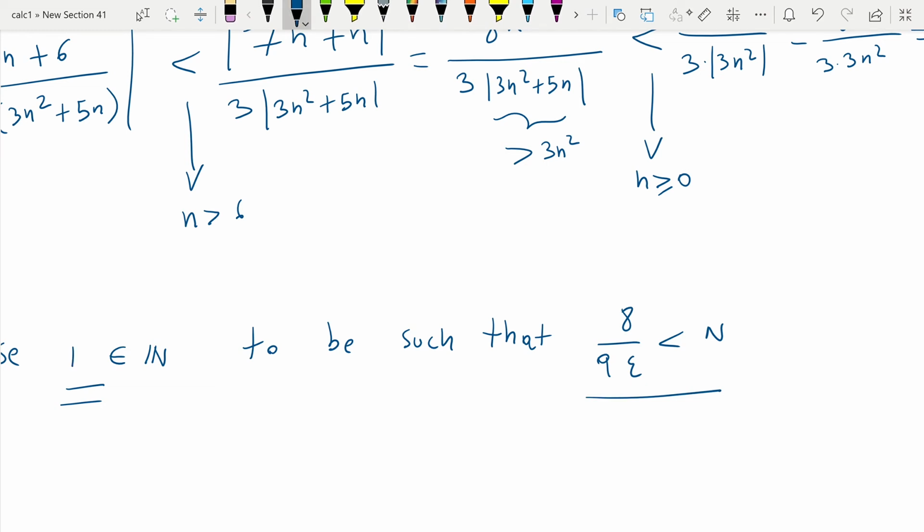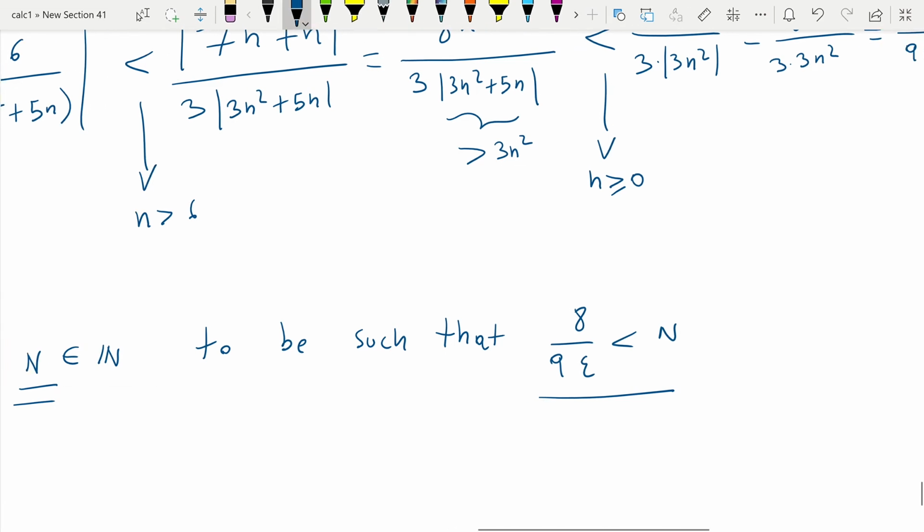We're picking just any N, and the thing here is that once we find such an N, that N has